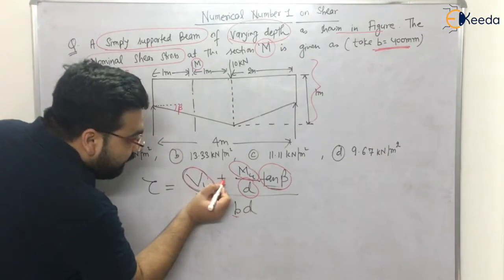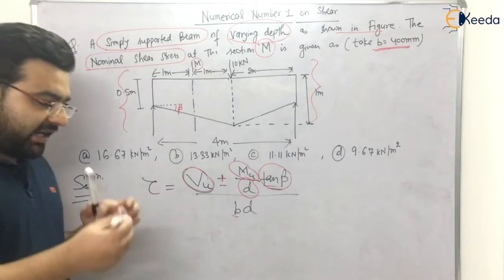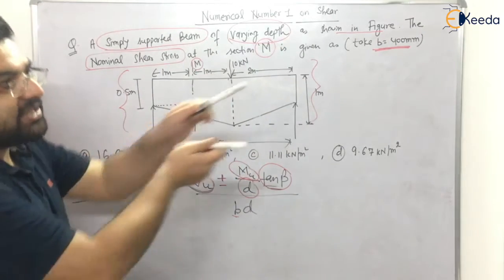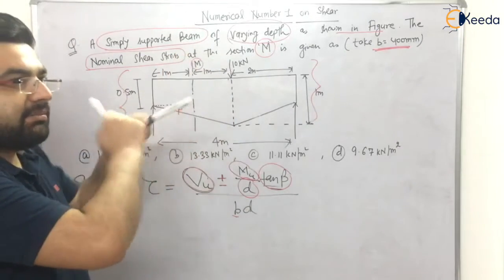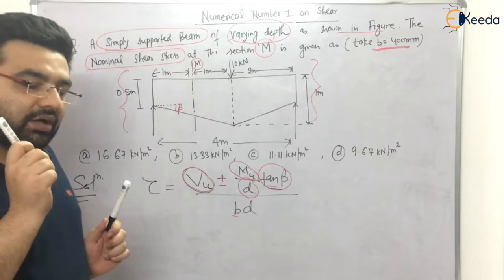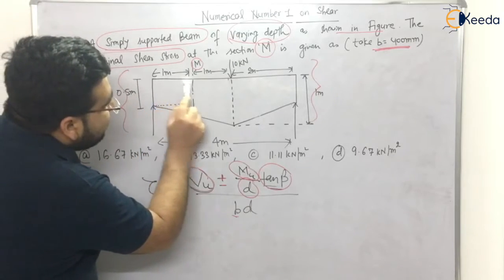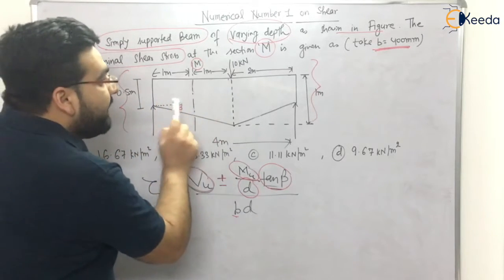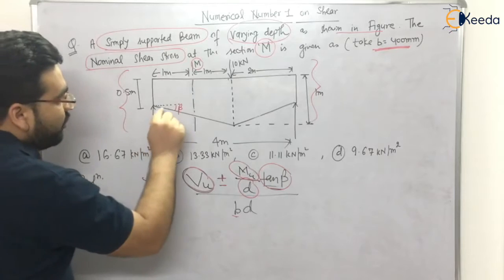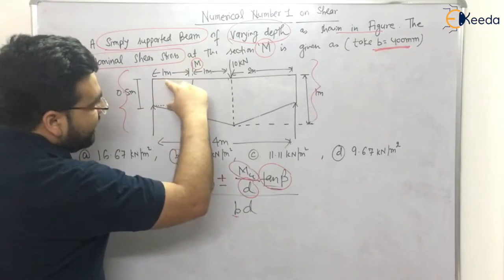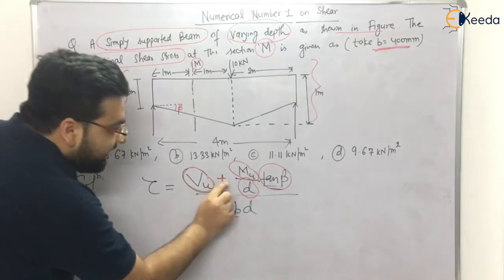The next thing is whether we have to use the plus sign or the minus sign. I told you that if the section is increasing and the moment is also increasing in that direction, at that time the sign is negative. If the section is increasing but the moment is decreasing, the sign will be positive. At this section, the section is increasing as well as the moment, because the bending moment diagram will be a triangle. The section width and effective depth are increasing, and the moment is increasing in this direction. Hence the sign would be negative.